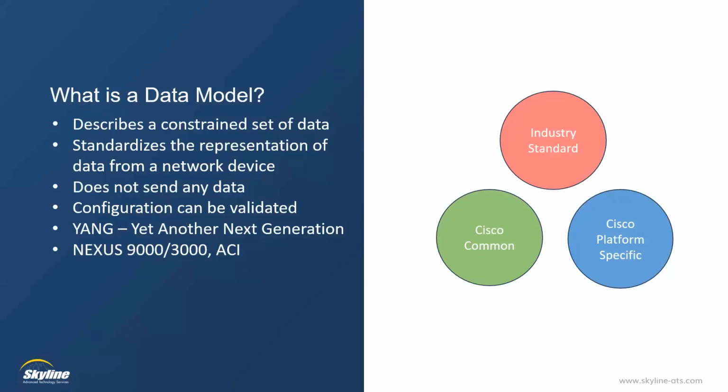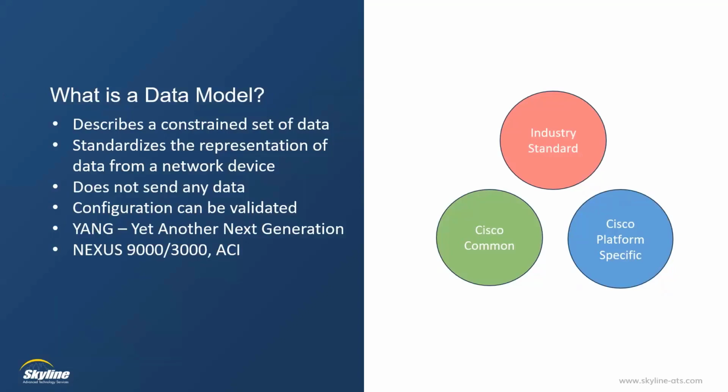Now, while some are general information that all devices have, some could be vendor specific, some could be platform specific. For example, we know that EIGRP is only going to be on Cisco devices, whereas OSPF is among all devices, because it's open. So EIGRP would be more of a Cisco-common type of configuration. Platform specific would be very specific to a platform. It wouldn't be within all Cisco platforms, but would be very specific to that platform.